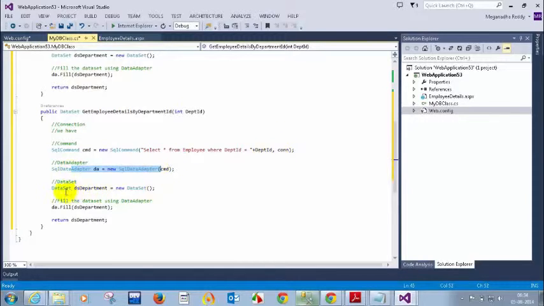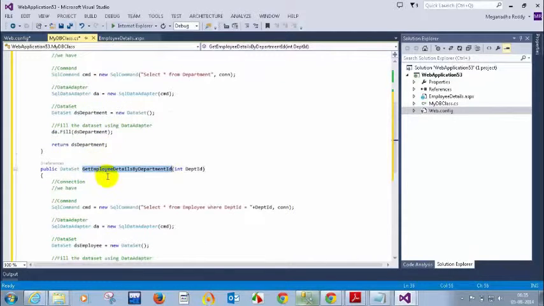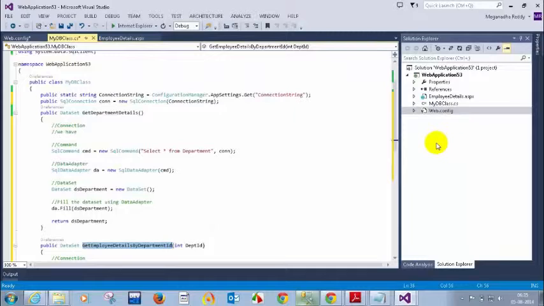And the data adapter is the same, and the data set is also the same, and for ds we will give ds employee, and we'll return ds employee. Okay, we're done. So we are done with get department details, and we are done with get employee details by department ID. So we have two methods, and ideally we should have created a separate class library, as we saw in the three-tier architecture project, but I just created here the MyDB